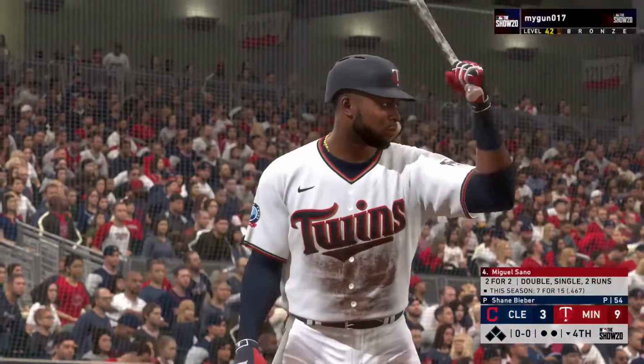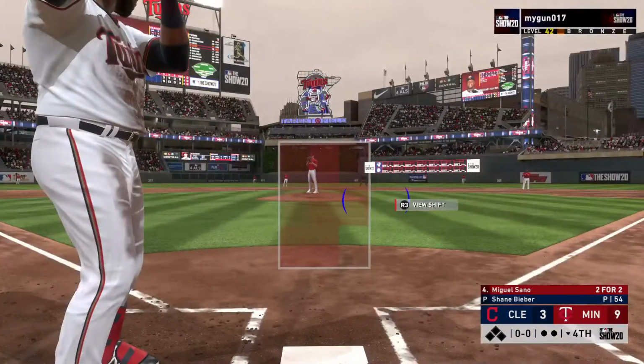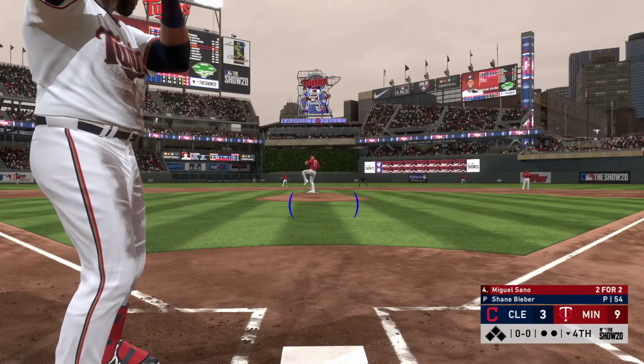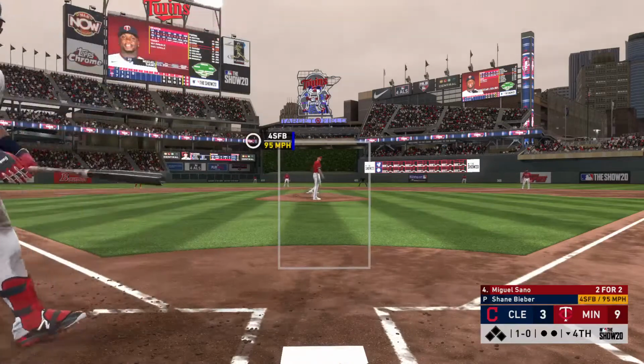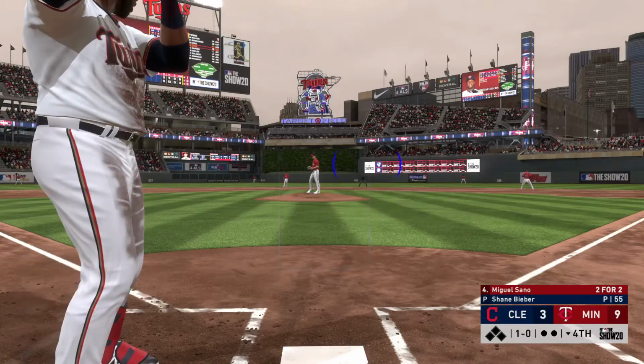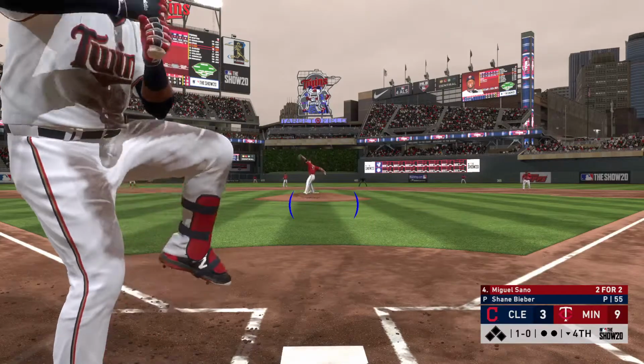Coming to the plate now, Miguel Sano. He doubled earlier and carries a 2-for-2 line into this appearance. Even though they're up by a boatload early on in this one, you can't get complacent and get lazy. They got to keep the gas pedal down because this team that they're playing can strike and score a lot